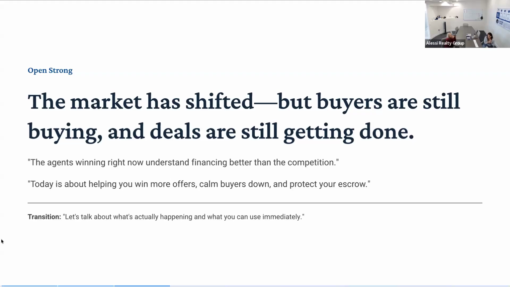So depending on his credit score will depend on what type of down payment assistance programs he can qualify for, because they do have to meet a specific credit score guideline, okay? If mom wants to help, if the seller wants to help, remember, we're still seeing a lot of these seller